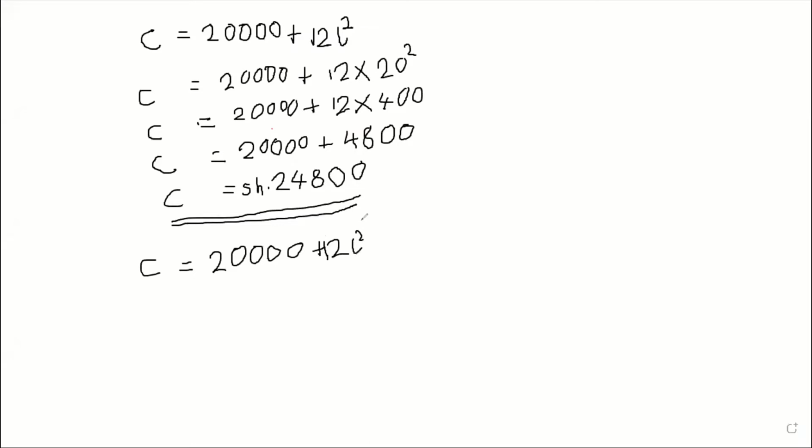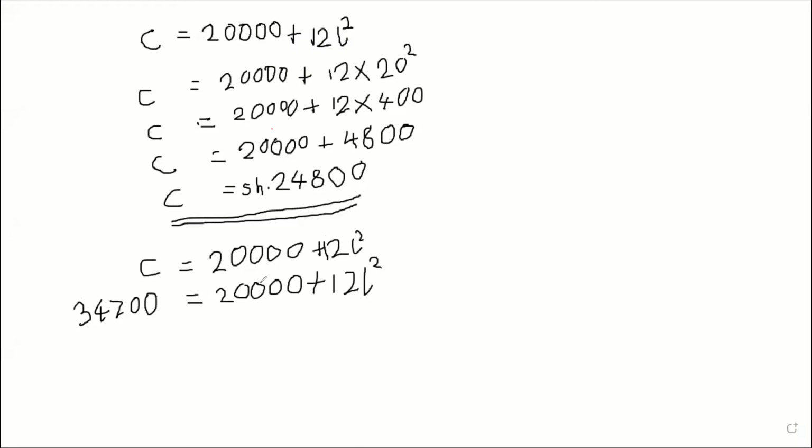And since they've given us the cost as 34,700, we substitute: 34,700 is equal to 20,000